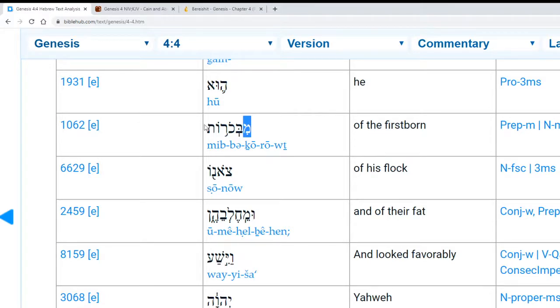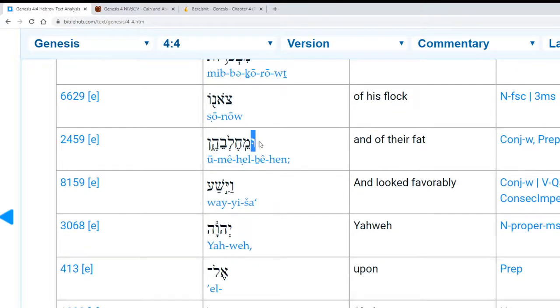So this is the plural form, bechorot, and they're saying it's in the construct, right? Bechorot tzono, so it's one construct, tzon, his flock, and the vav at the end is telling you his, right? So conjunctive vav, me from prepositional mem,